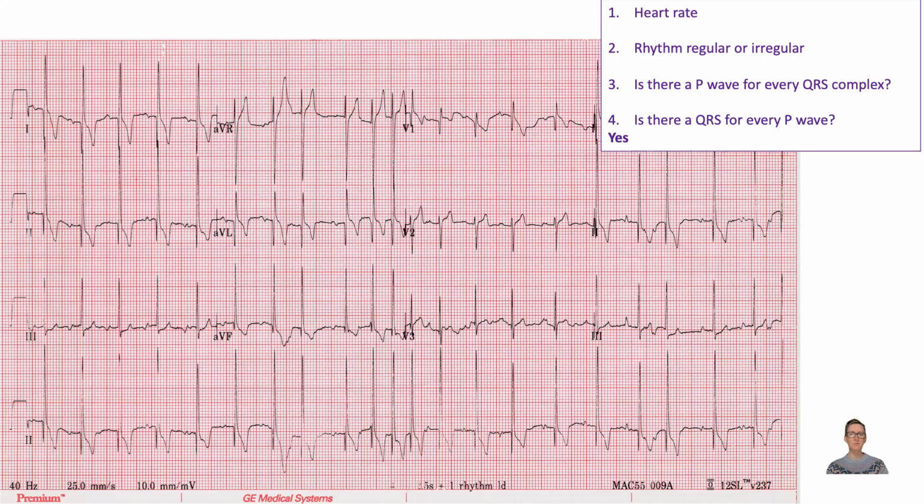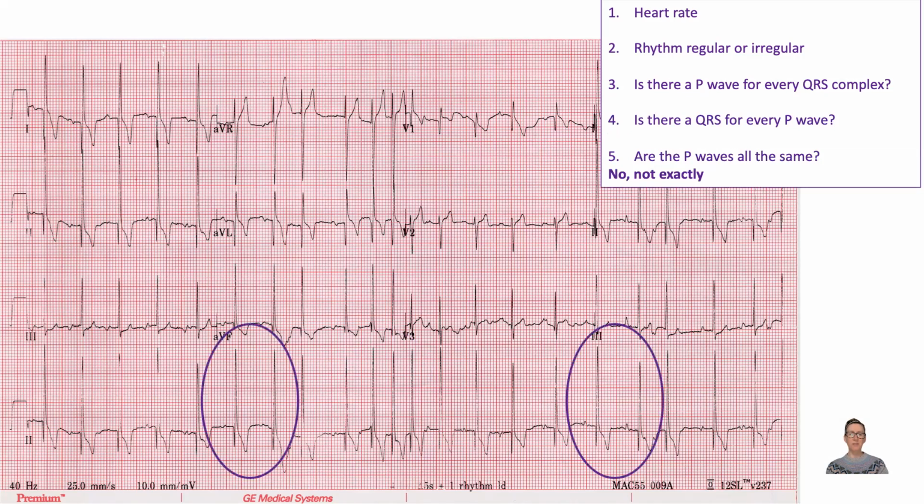Yes or no? How about, is there a QRS for every P wave? Yes, I think there is. So every P wave that I do see does have a corresponding QRS complex. Next question, are the P waves all the same? No, not exactly. So coming back to that P wave issue again, here I'm convinced I have nice P waves